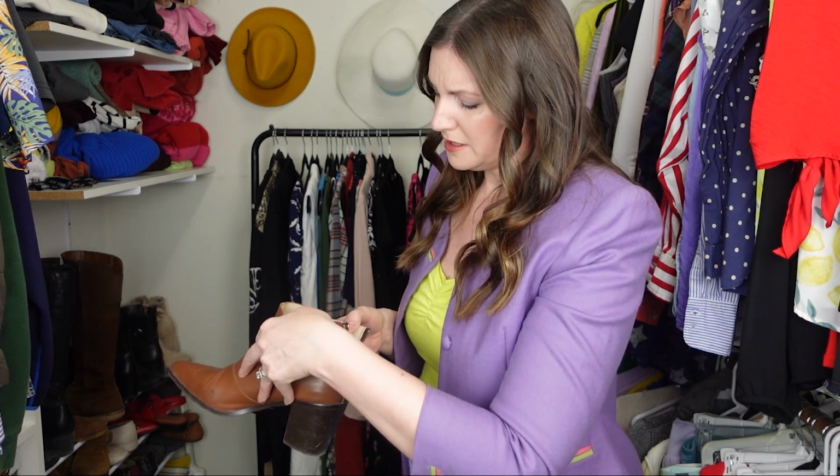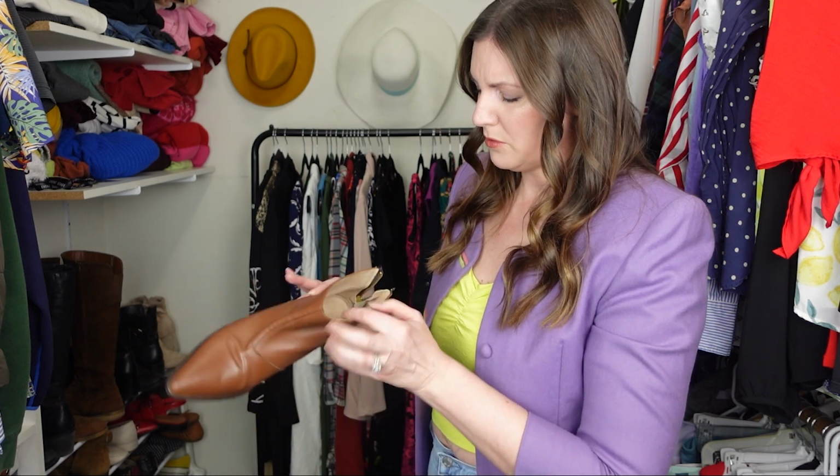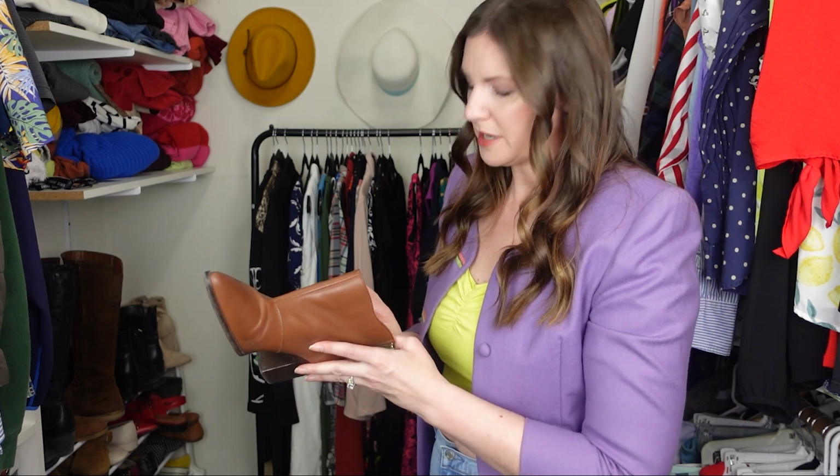Karen Millen. Okay, so these are Karen Millen shoes. I believe they're leather. They're size 41. Does it say if they're leather? I bought these on ThredUp and I can't remember if I could have returned them or not. But with the pointy toe,